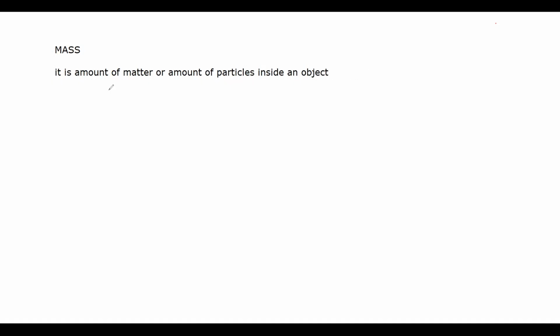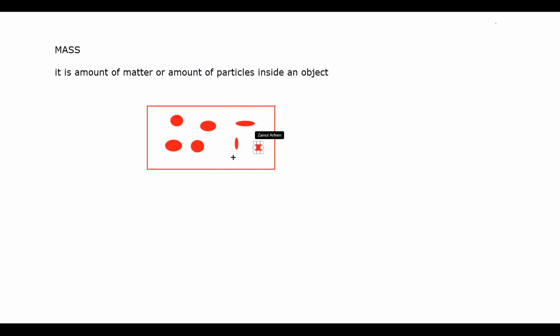For example, you have an object. The total number of particles or the amount of matter present in it, we call that mass. And the SI unit,